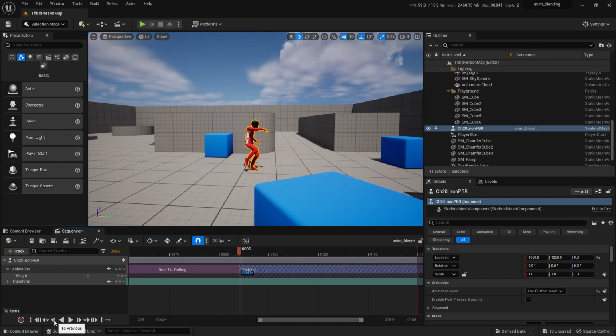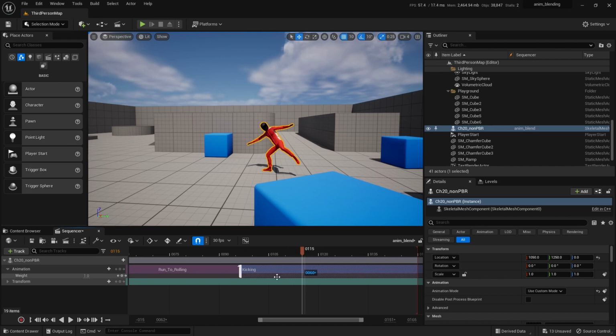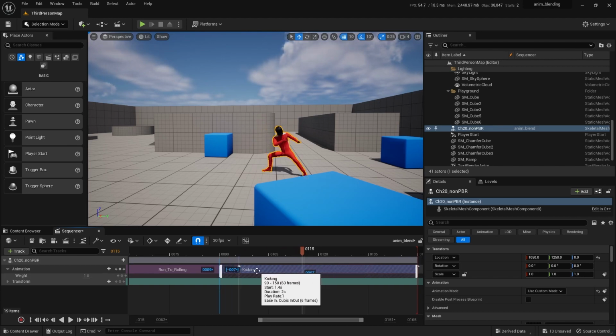Let's roll back and forth, see what we get. Well, the foot is in the right position, which is good because we still got to do some blending. So right now we're just snapping between the two. What I like about this is as I roll forward, watch his left foot, it's more or less in the same place, and when we do the blending, that's going to smooth the rest of that out.